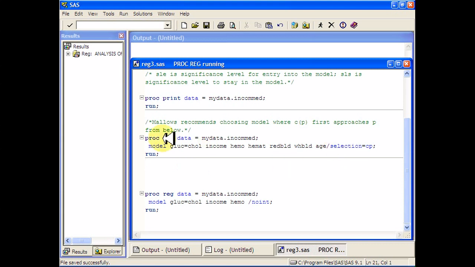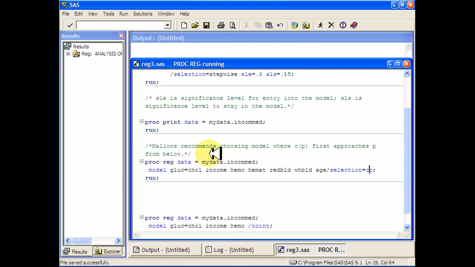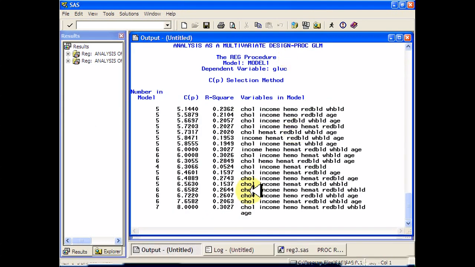So suppose I have this regression procedure and I use selection equals CP instead of the selection equals stepwise that we did before. The idea here is you want to pick a model that has the Mallows CP close to the number of parameters in the model. So for example, for the 6, that exactly matches up, and maybe you like that. But on the other hand,